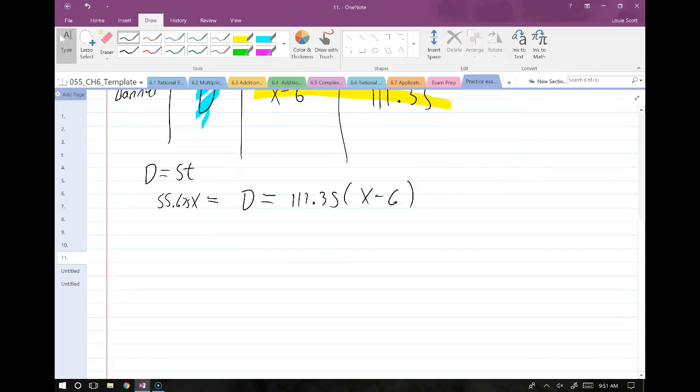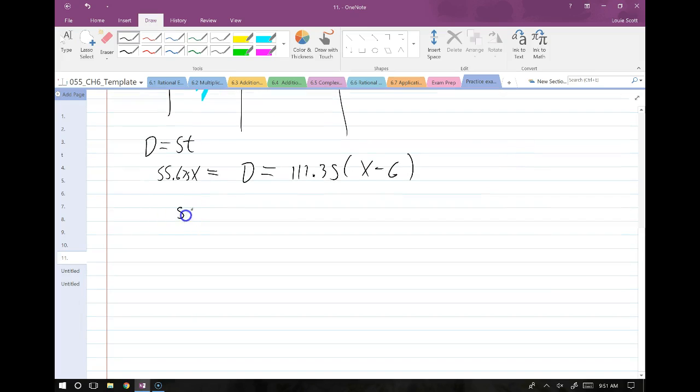Now I just get rid of that middle D and set them equal to each other. So I have 55.675x is equal to 111.35x minus 6 times 111.35, which is